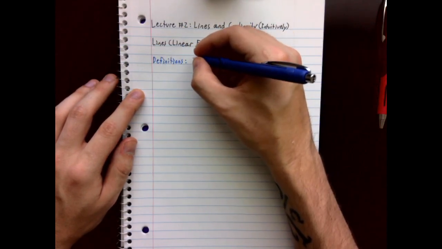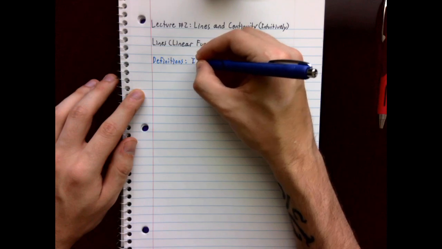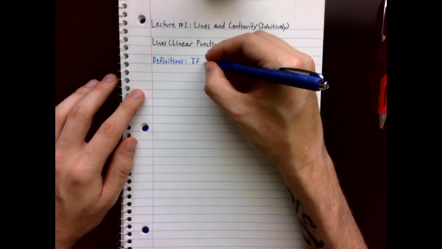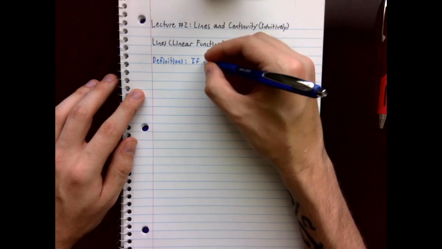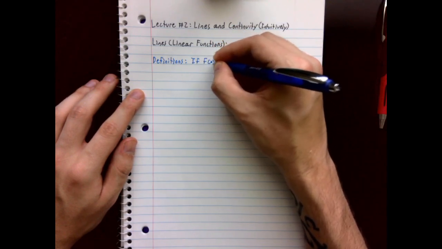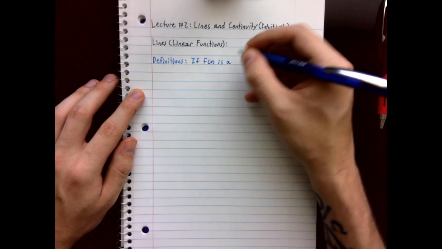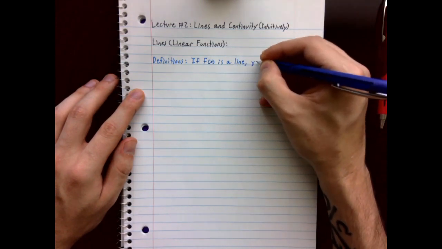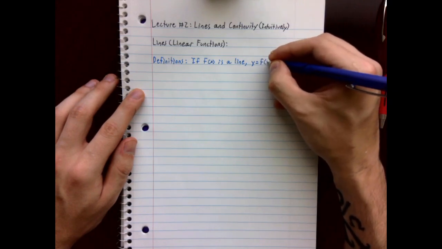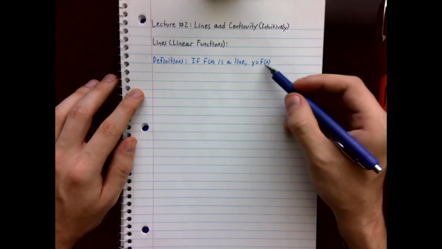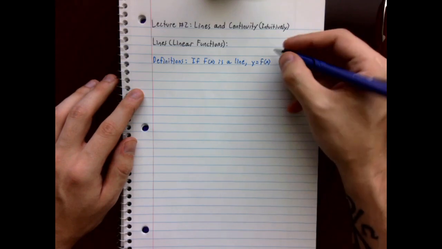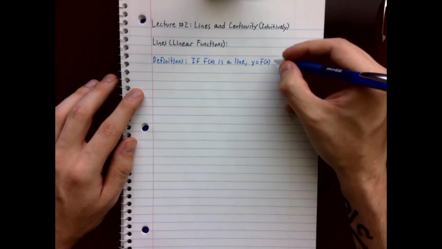If f of x is a line, and maybe we'll say y equals f of x just so I don't have to write the full notation of f of x each time. All this means is that y is a function which depends on x. So if f of x is a line,